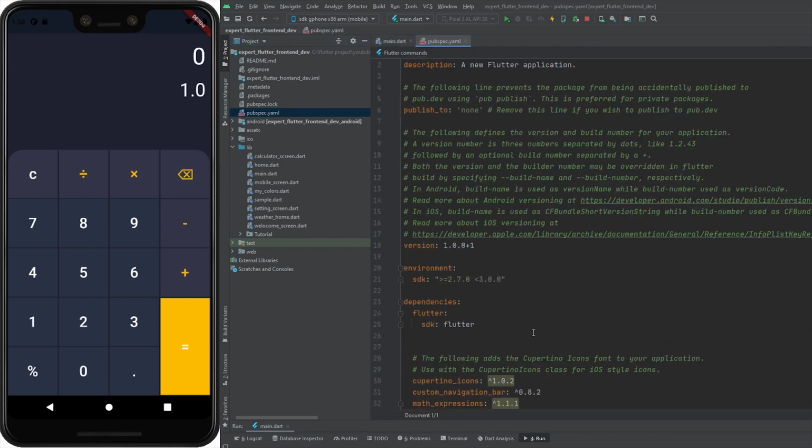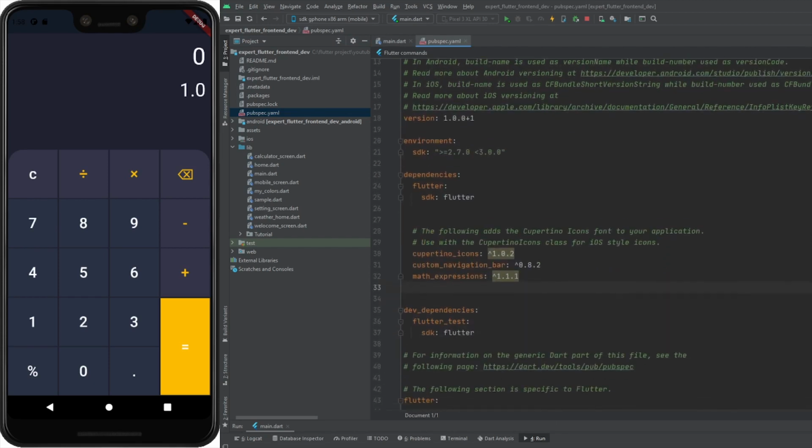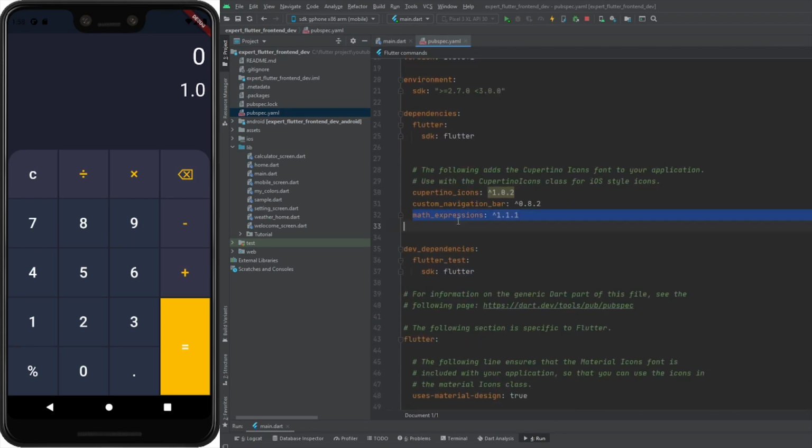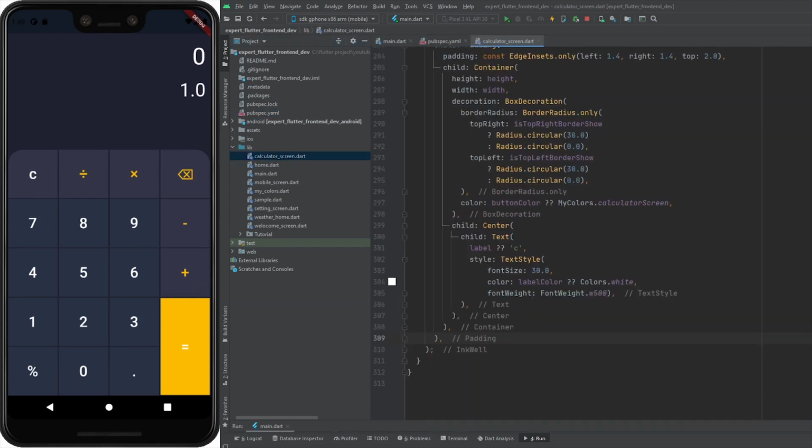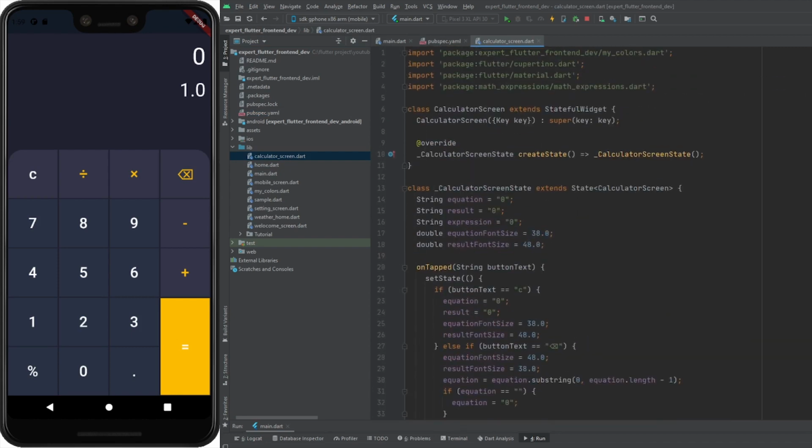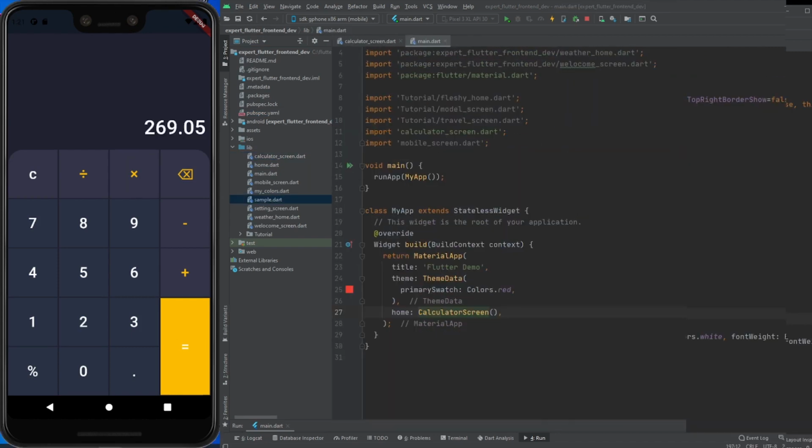Building a mobile application like a calculator. It's a Flutter challenge. So guys, we will work here. I use a math expressions plugin, so I can perform all the calculator expressions and operations. So guys, stay with me